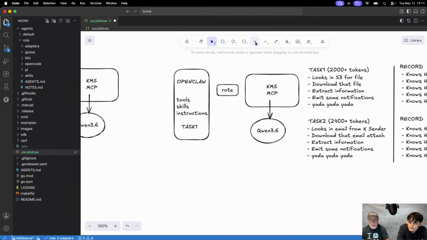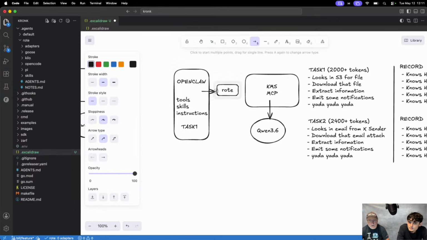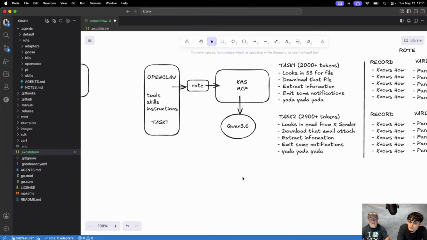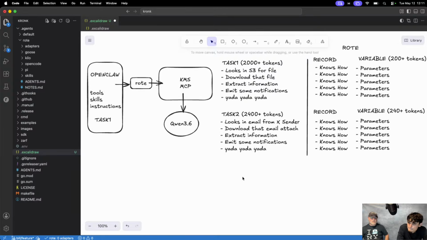And rote is nothing more than a CLI tool. But the idea is that we want the model to only be using rote anytime it needs to perform any sort of action. Now, in my case, it could be to the MCP server that's part of cron.